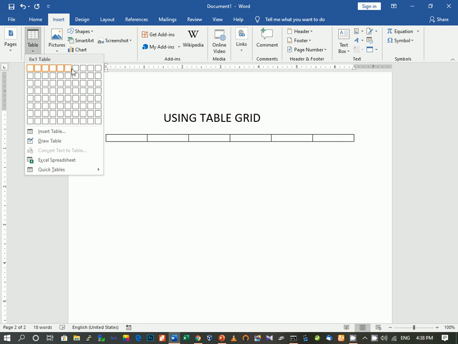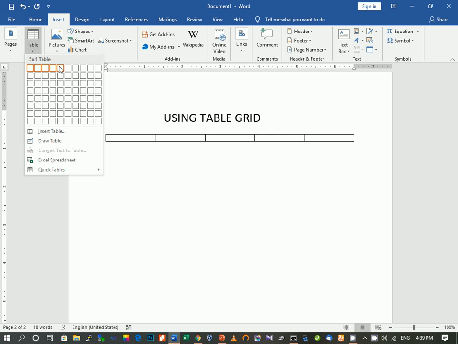So this is your grid. Grid means these are the predefined pre-drawn table. The number of rows and columns are shown over here. For instance, suppose if you want to make 4 rows and 5 columns. You know that the vertical lines form columns, and the horizontal lines form the rows.